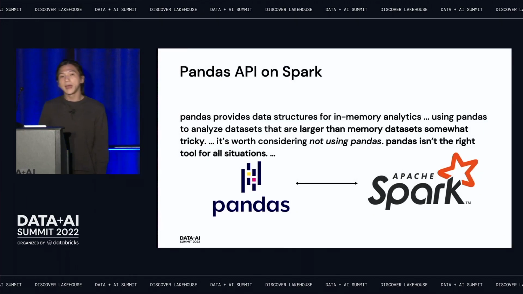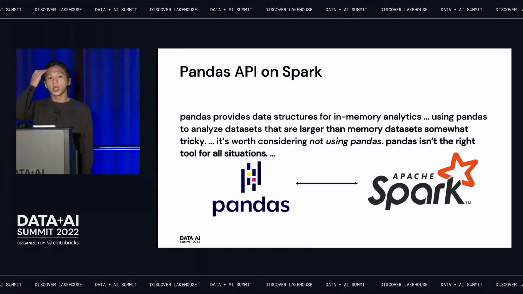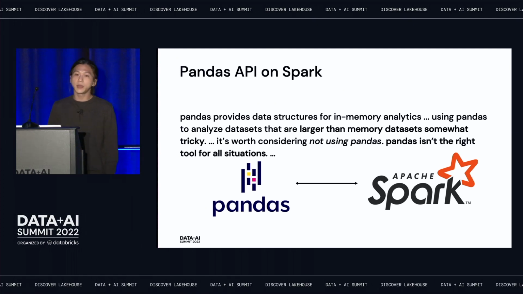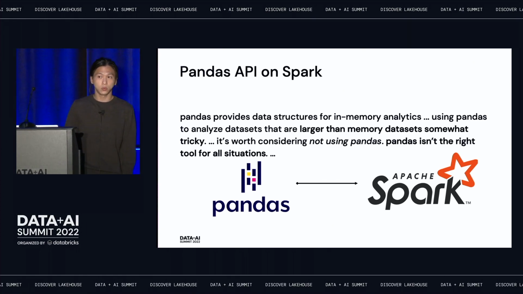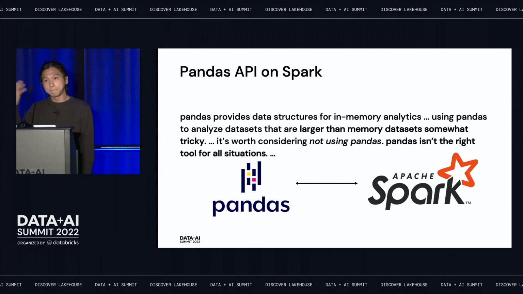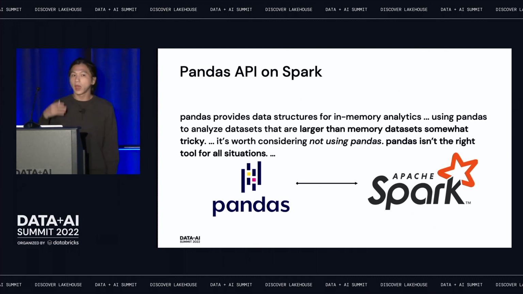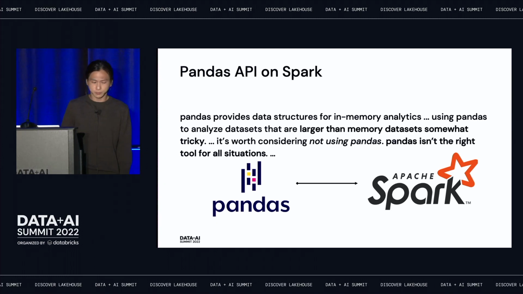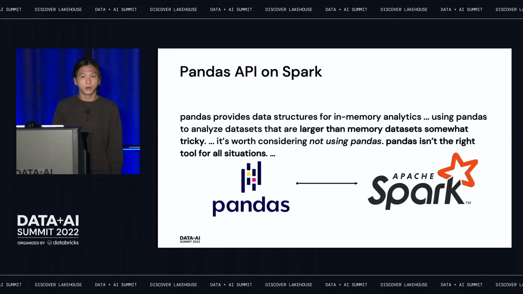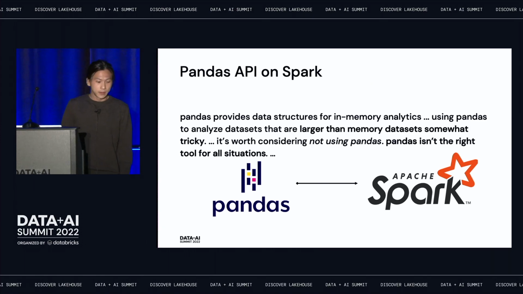All right, so as a part of Project Zen, we also introduced Pandas API on Spark in Spark 3.2. And this is another point that the community is trying to focus on, and we are heavily developing this. Pandas itself is a very famous library, all the data scientists use it, right? And there's a general problem.